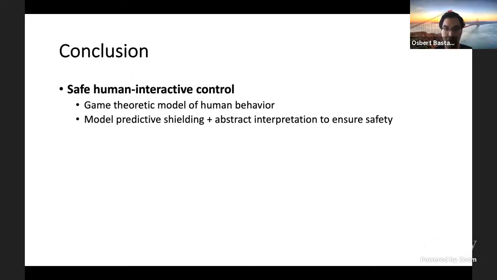But assuming you design your backup actions in such a way, the extension is just that it'll forecast the behavior of all the humans instead of just the one human. So if you have multiple humans, it just forecasts all of them. The assumption would be that if the robot brakes gradually and comes to a stop, then any cars behind it will also be able to brake gradually and come to a stop without hitting the robot.